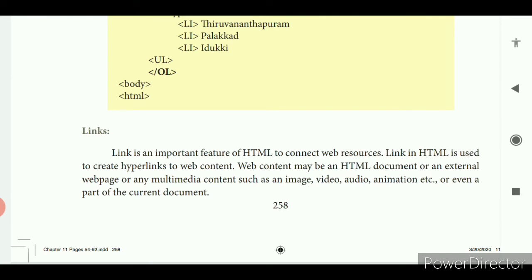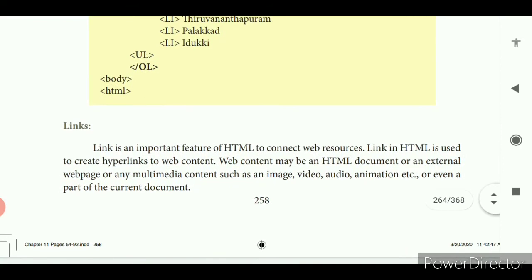That link can also be created within the HTML language. For that we have to use the tag A along with the href. What do you mean by href? The href means hypertext reference. So using these two, we can create a link from one page to another page.